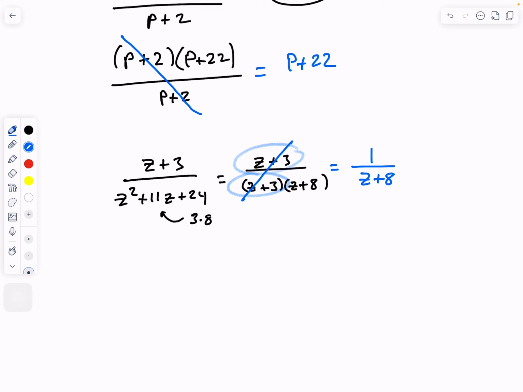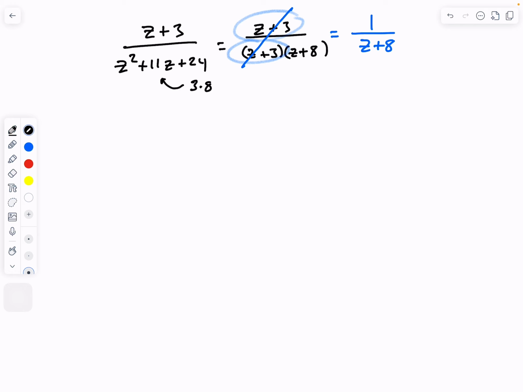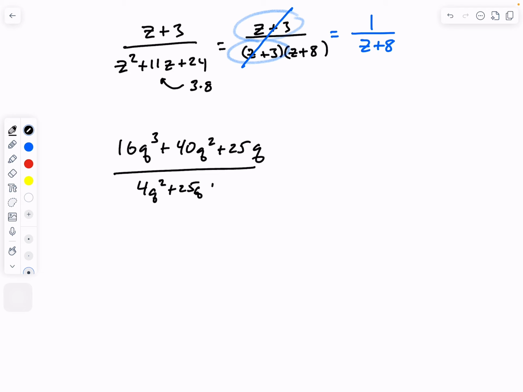Let's go through another example. Here's a bigger problem. We'll write it as 16q cubed plus 40q squared plus 25q over 4q squared plus 25q plus 25. Okay, now this one looks like a crazy mess. How am I supposed to solve this problem? How am I supposed to simplify it? Well,